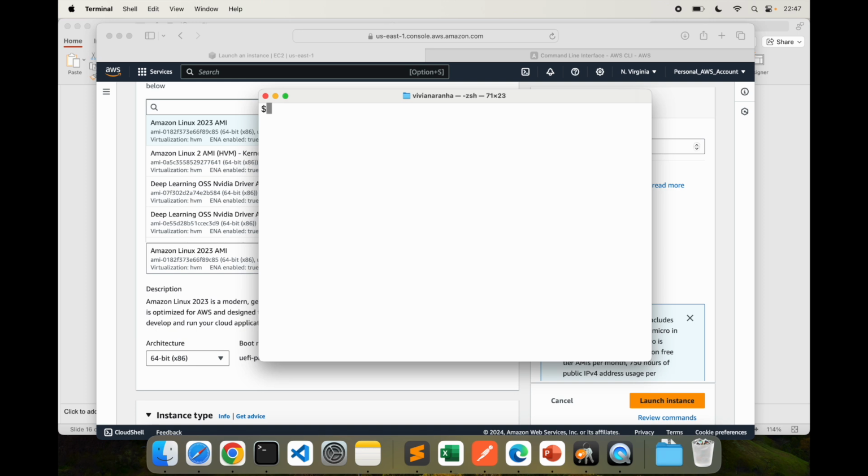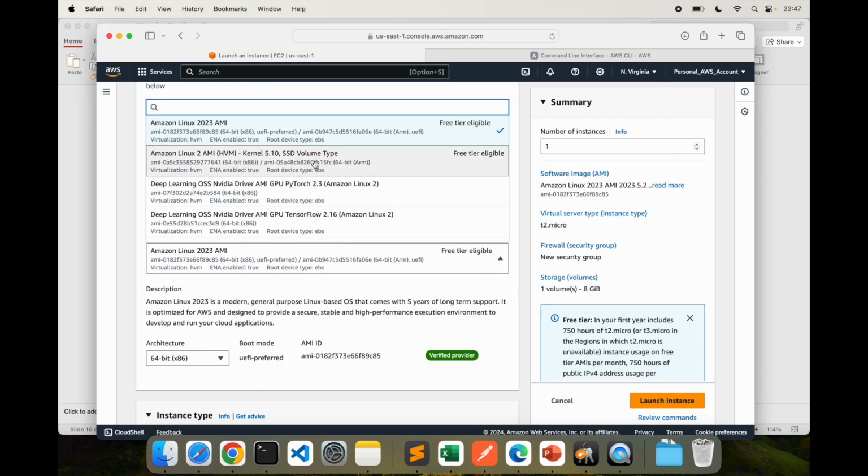Now use the following command to launch an EC2 instance. First step, the actual command is aws ec2. This time make sure there's no typo. run-instances is the command, and inside here I will pass the image ID for the AMI. If you remember your AMI ID, or I can just get it from down here, which is